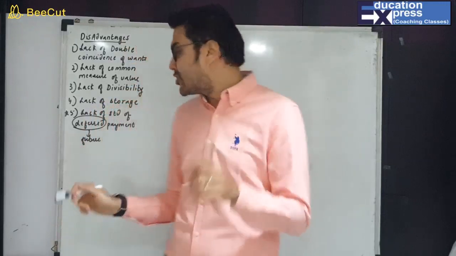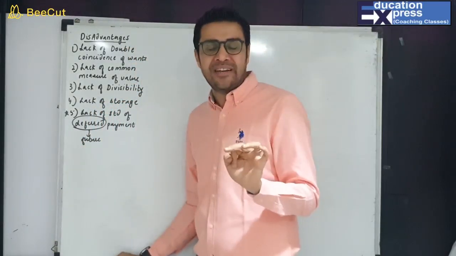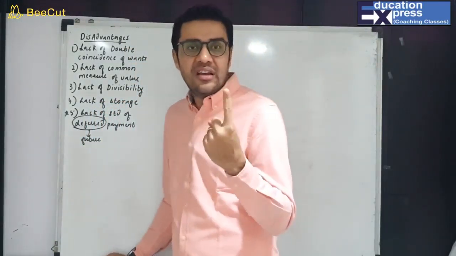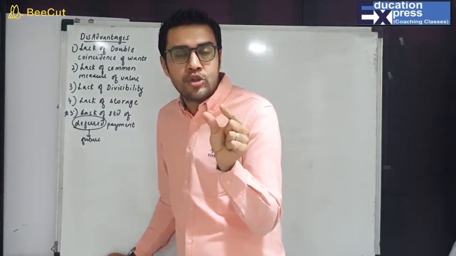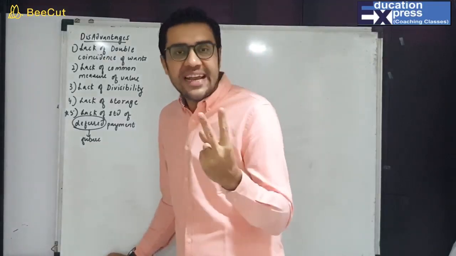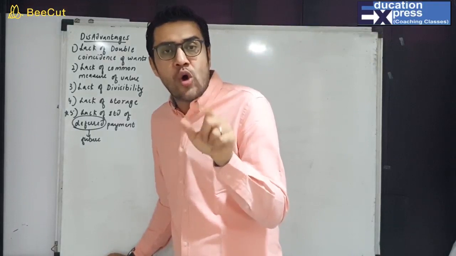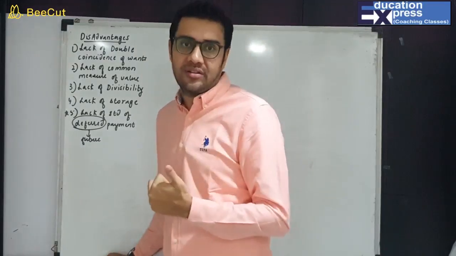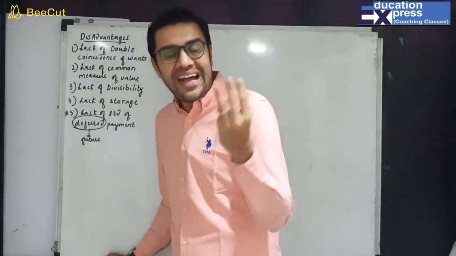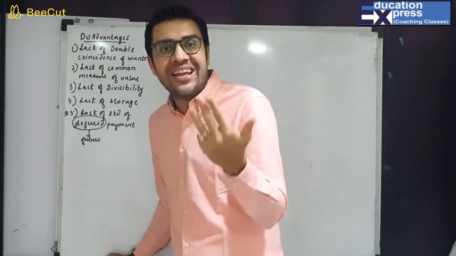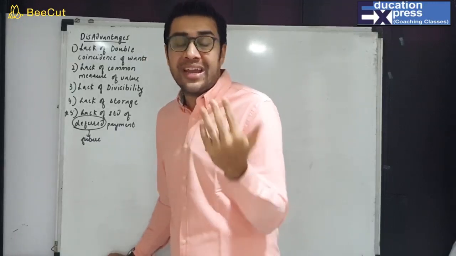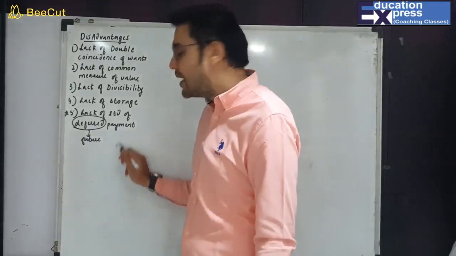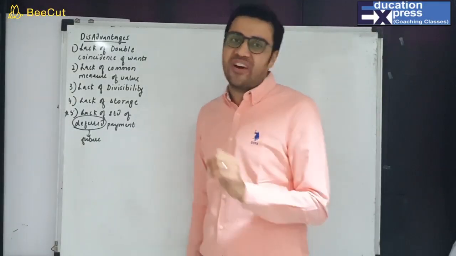No. So this point had 3 problems in it. Which are the 3 problems? First, it was difficult for both the parties to come to the common commodity. Second, it was difficult to maintain the quality throughout in the future. And third, the value may keep on increasing or decreasing. These were the 3 problems under standard of deferred payment.